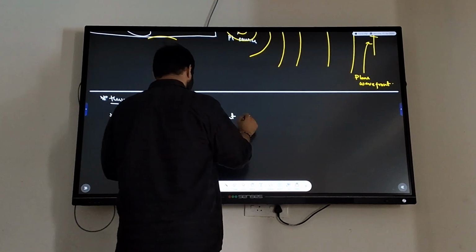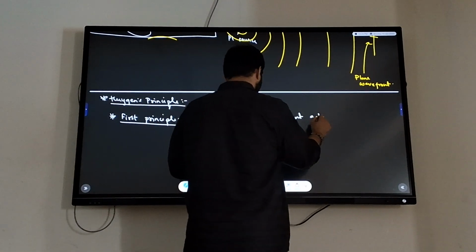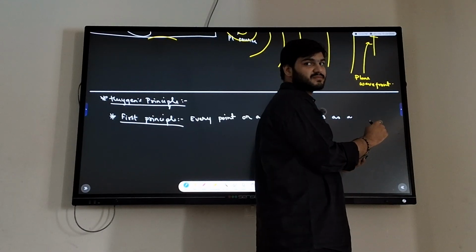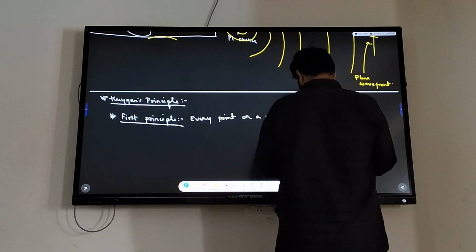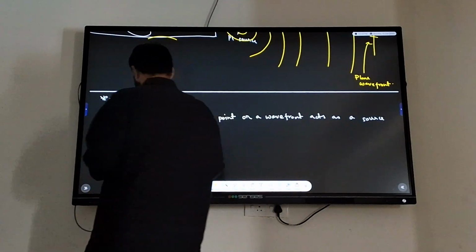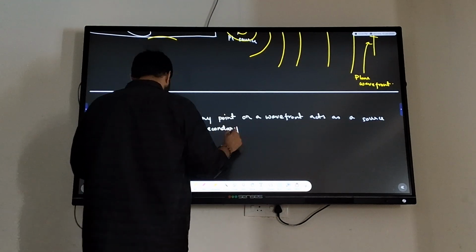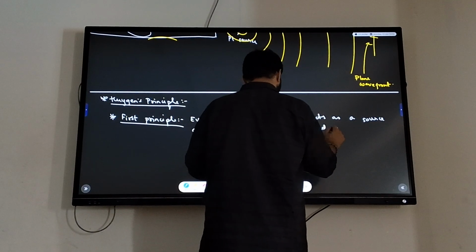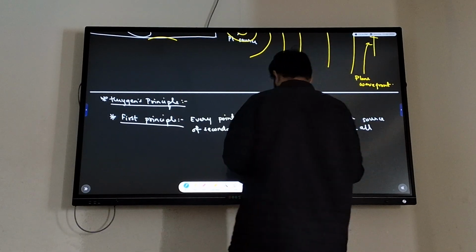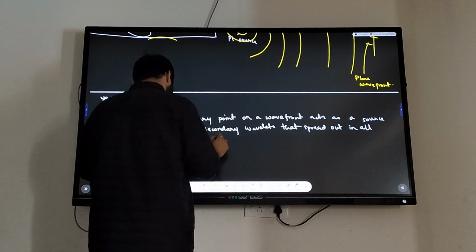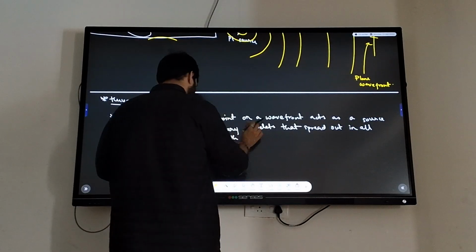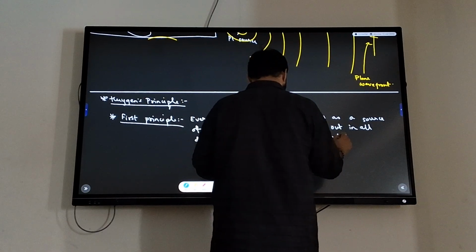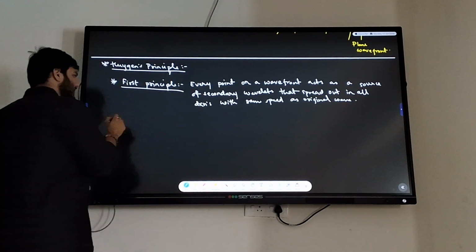Every point. I'm going to write dx and that's directions. This is the first principle, and the second principle is